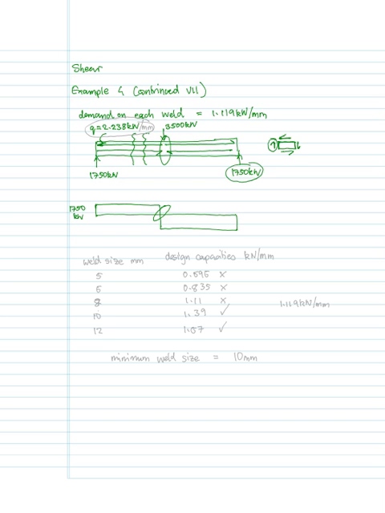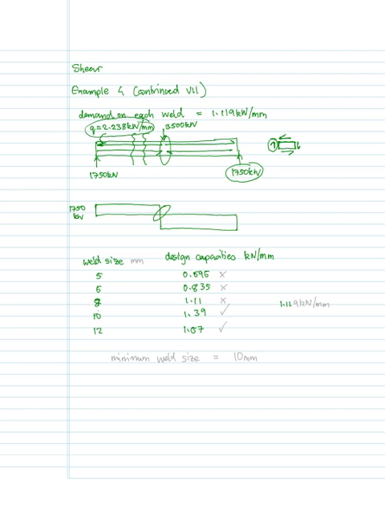So if you look at the question sheet, it gave weld sizes, and so you had 5, 6, 8, 10 and 12, and then it had design capacities,